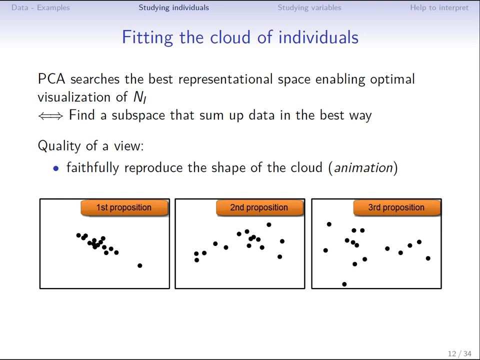A viewpoint is good if one visualizes the diversity, the variability in the data, and a viewpoint is especially good if it does not disturb too much the distances between individuals. Distances are calculated between individuals in a space with many dimensions, and I put them in a 2-dimensional space. So I modified the distances between individuals, and I want these distances to be as little distorted as possible.